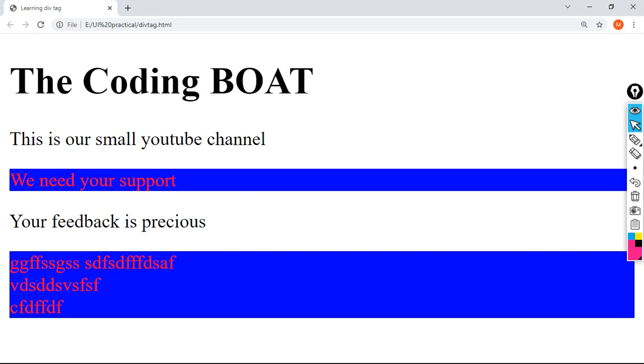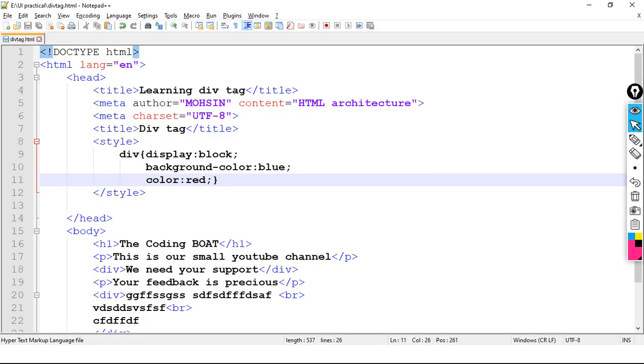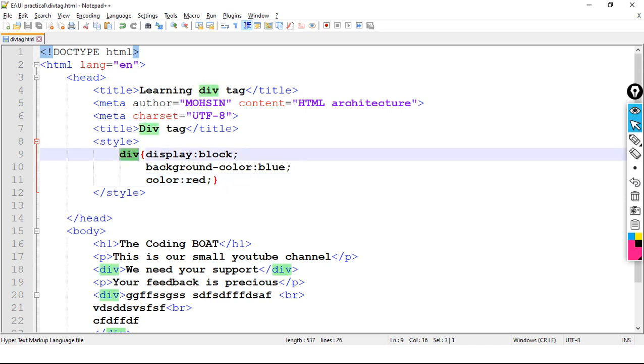See here, automatically the content under the div tag will have this particular style. Why? Because we have used div in style. We are giving style for which element? All div elements.